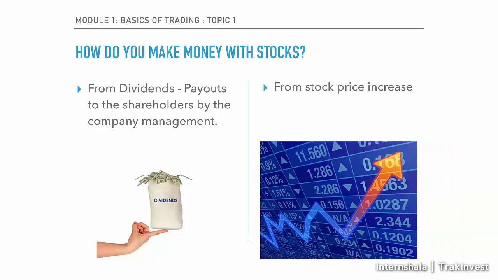On the other hand, you can make money from a stock investment by the stock price increase. This stock price increases because the company is growing extremely rapidly. Such companies are usually smaller, faster growing companies that need money to invest and reinvest in their business. Since they are investing money in their business to rebuild it, to build it, the company valuation increases and hence the stock price increases. And that's how you make money as well.